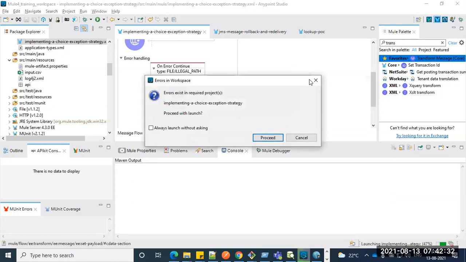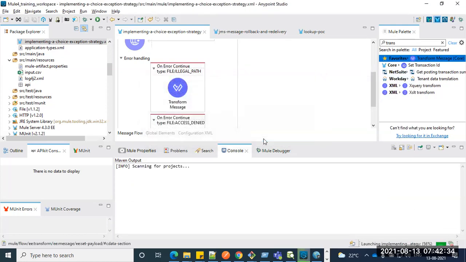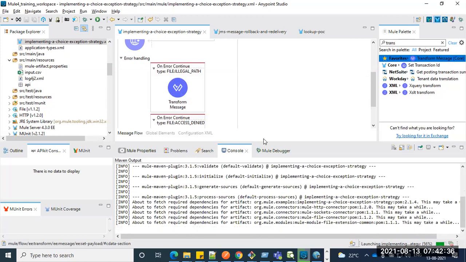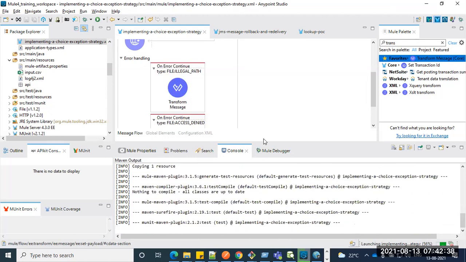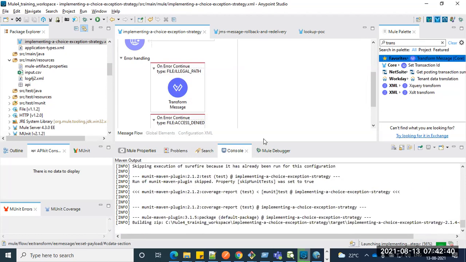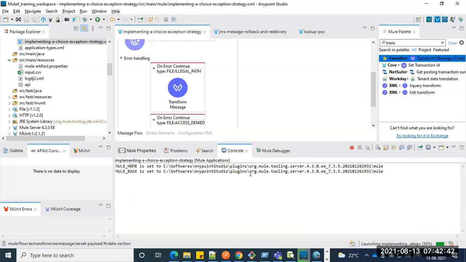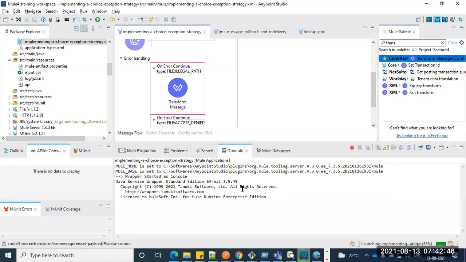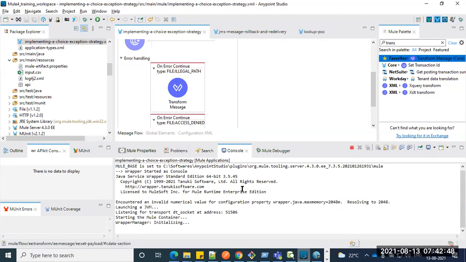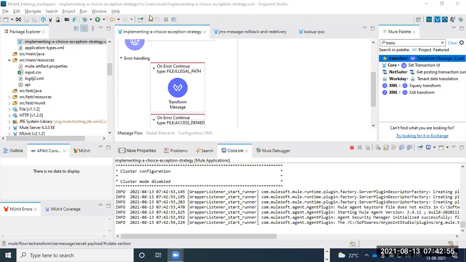We'll try to observe what the difference is without the try block and with the try block. So please work on it in parallel.